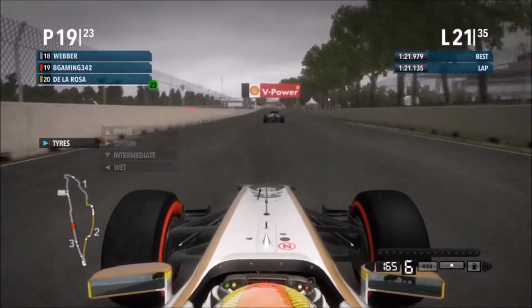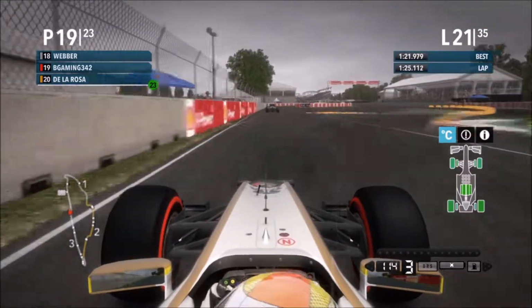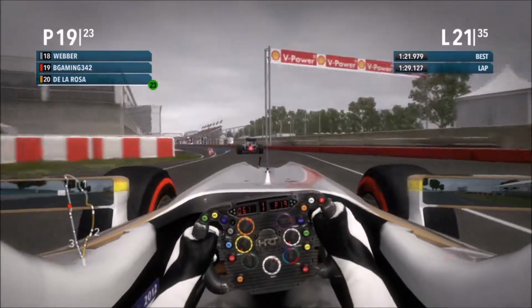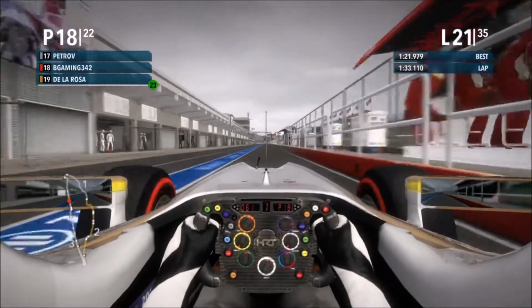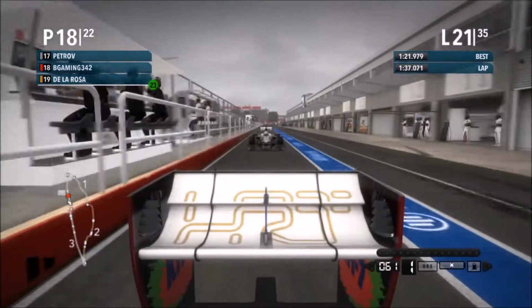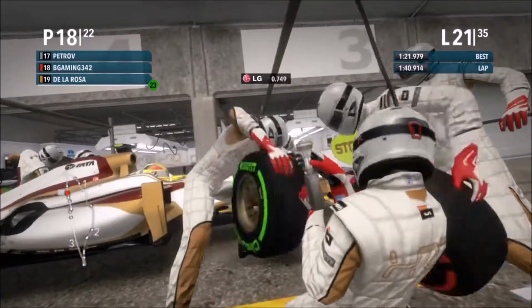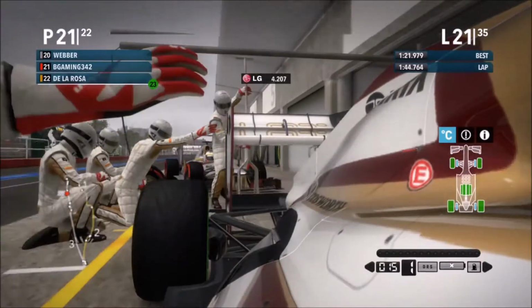So, yes, intermediate tyres. We've got to go to the intermediate tyres now. Tyres are so cold, that's how you know. It's intermediate tyres time. It's going to be a double stack pit stop. Our teammate's coming in behind us. Lucky I wasn't behind him. And we'll have to see what we can do. HRT will love us for this, double stacking. Normally I'm so far ahead of our teammate, so it's okay. But we have